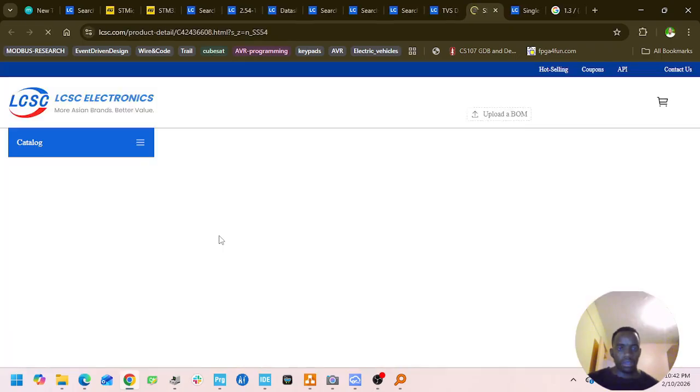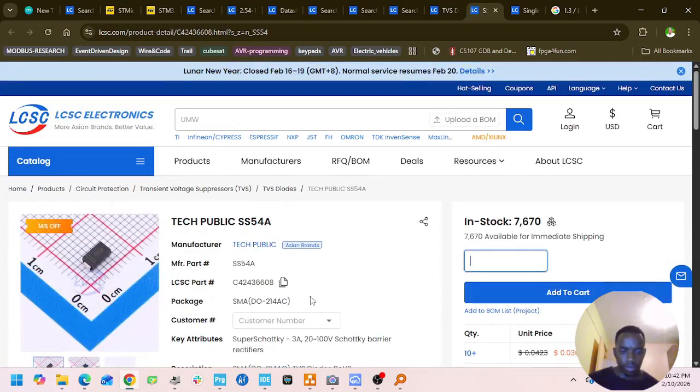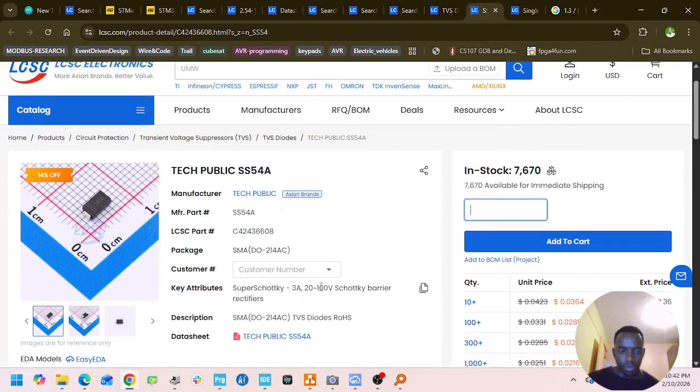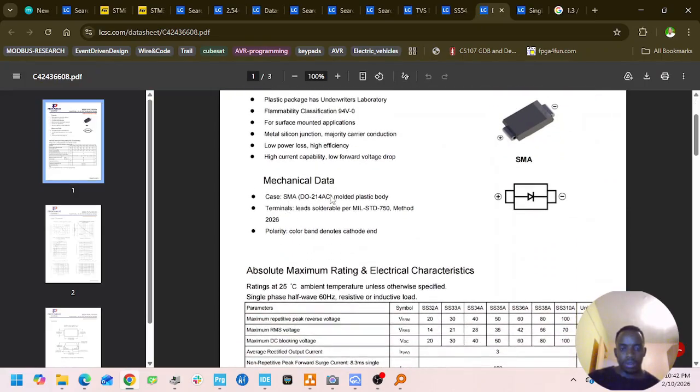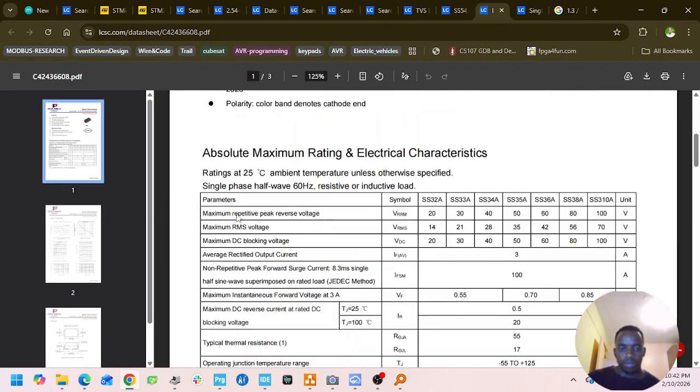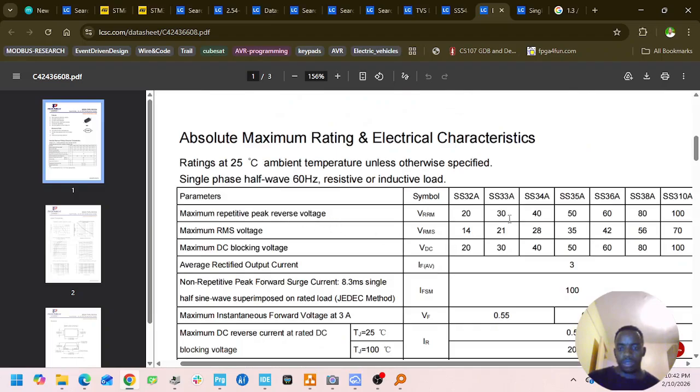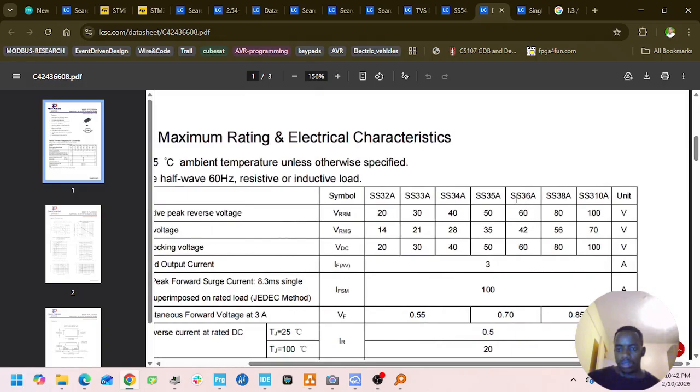Let's look at this and see what it protects from. 3 amperes, 20 to 100 Schottky rectifier. Looking at the curves, maximum repetitive peak reverse voltage, SS36 will give us 36 amps, SS34 will give us 40, SS33A will give us 30. Let's take this. SS33,